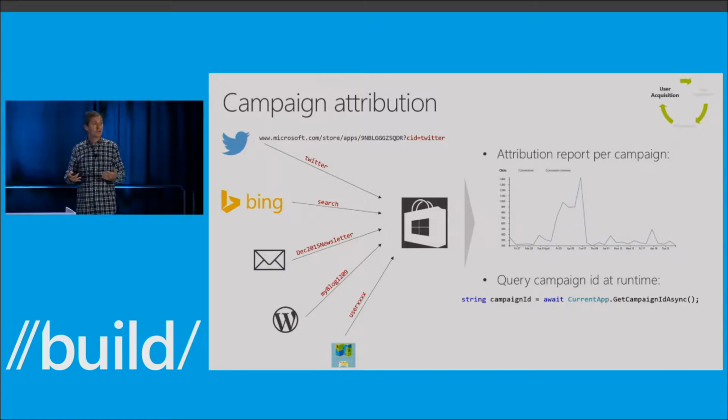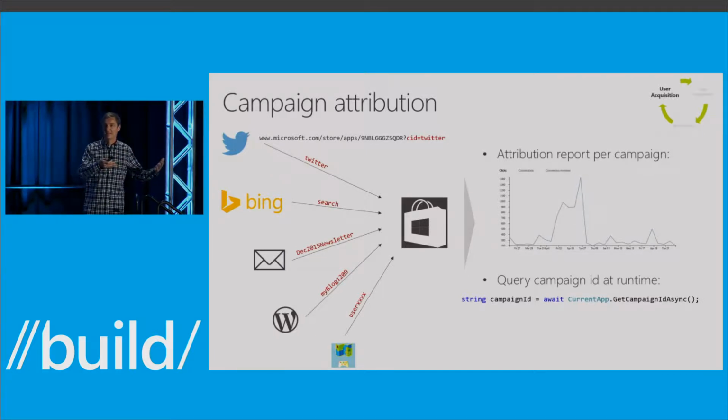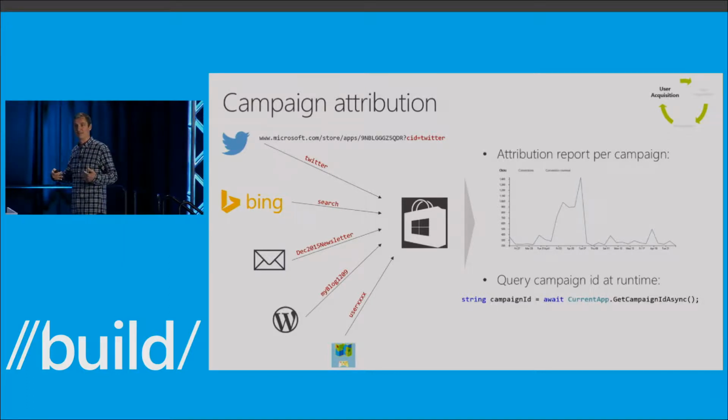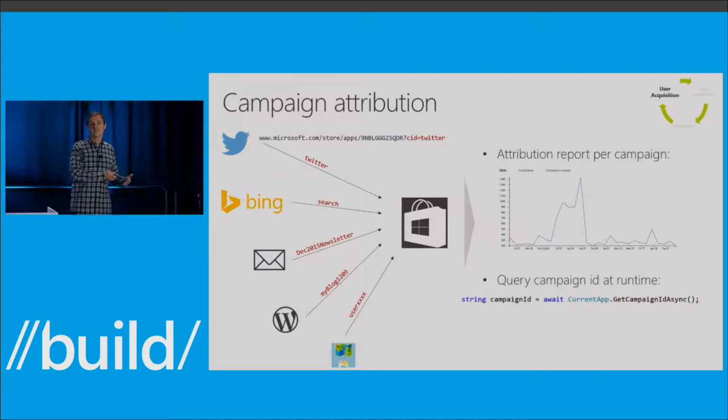With campaign attribution, our game can generate on the fly a campaign ID and give a deep link to the user that then can be shared across their networks of friends. And then at runtime, we can check in the app and verify and track how many users each one of these users brought, and then give them the appropriate reward.